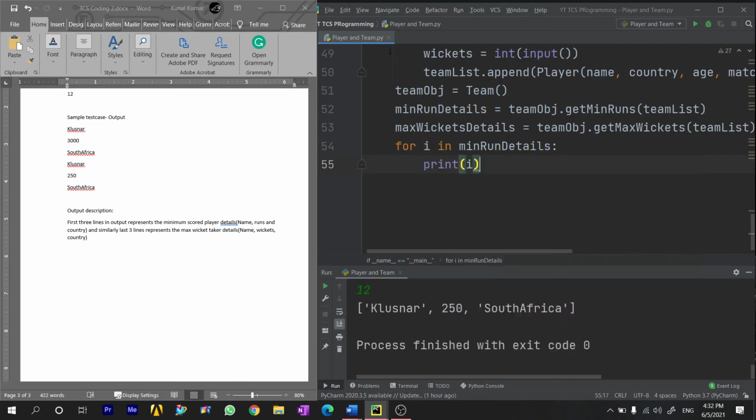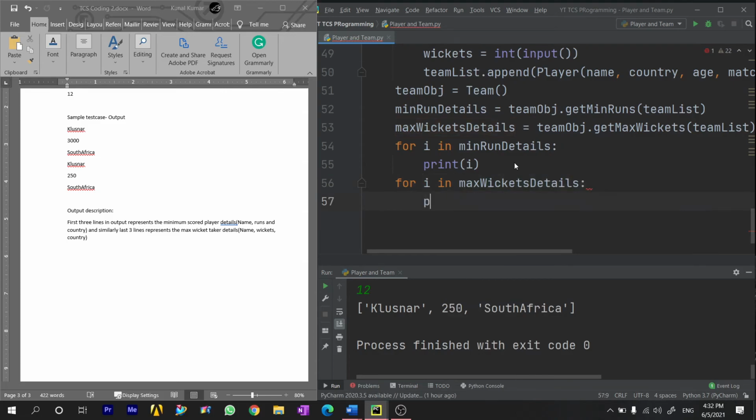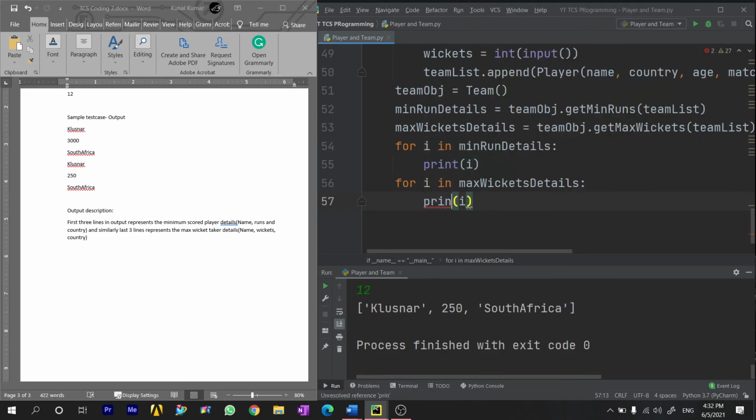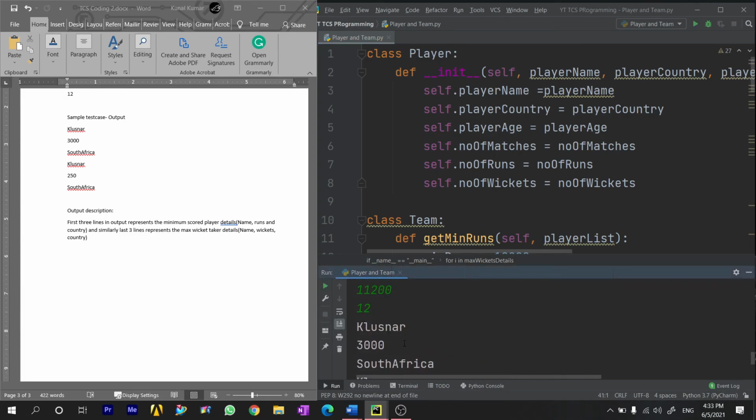This will print all the variables kept in min run details in separate lines. Similar thing is to be repeated for max wicket details: print i. Okay, so I guess we are done with this. Let's compile it for the final time. Yes, so Kushnard 3000 South Africa, Kushnard 250 South Africa. Here we can match it, and this is done.